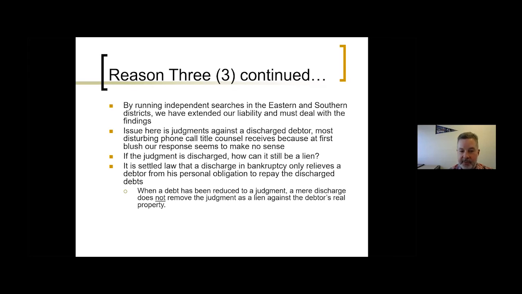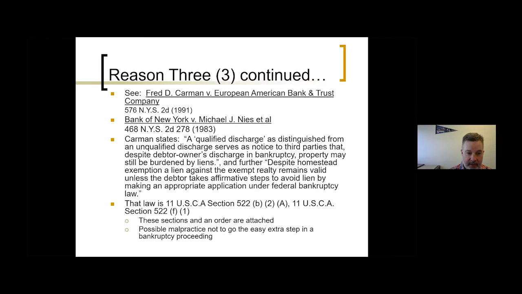Because they're going to ask, if the judgment is discharged, how can it still be a lien? The problem is, it's settled law that the bankruptcy only relieves a debtor from his personal obligation to repay the discharged debts. So the debt and the lien, you have 2 parts of a judgment. The debt has been reduced to a judgment. The discharge does not remove the judgment as a lien, unless